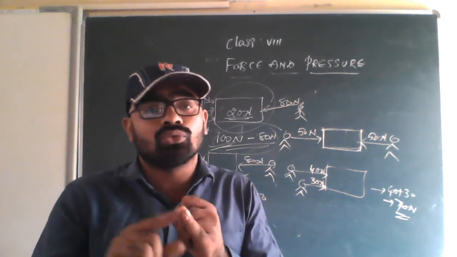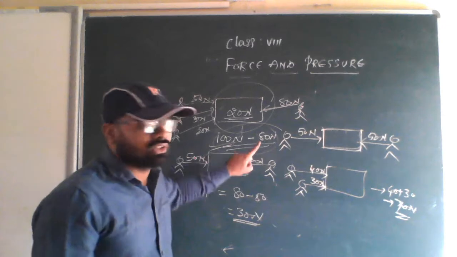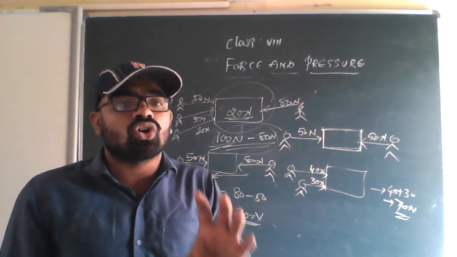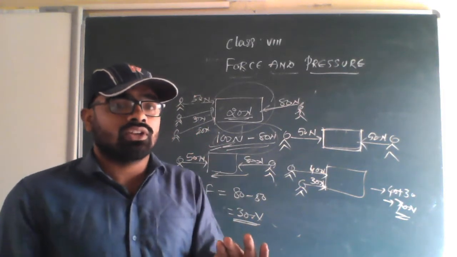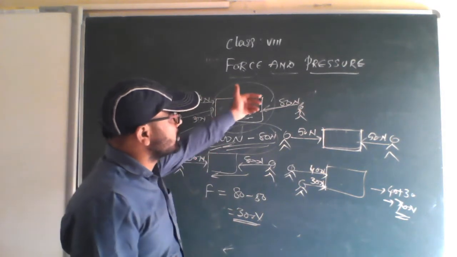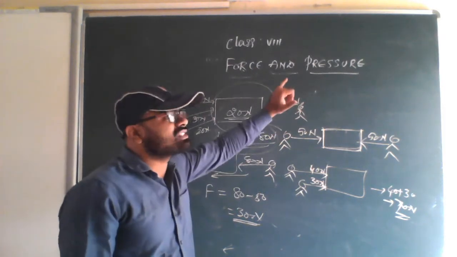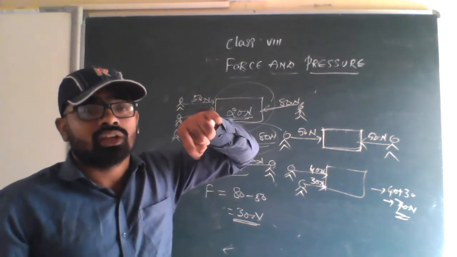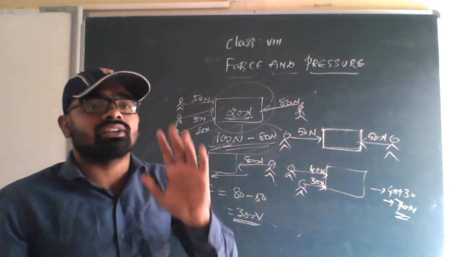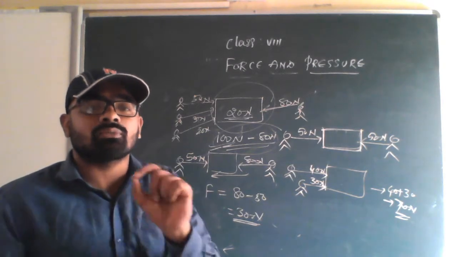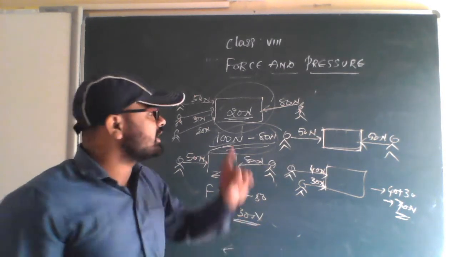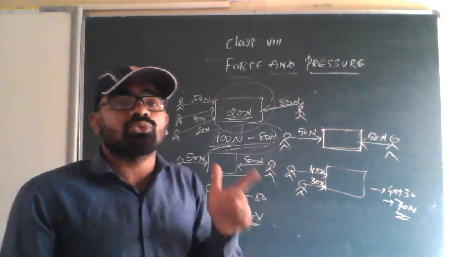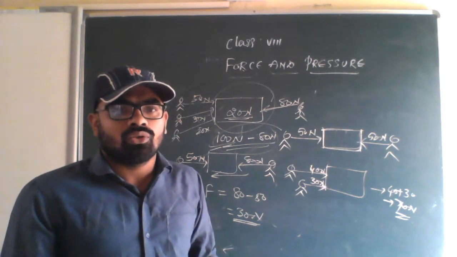First I will tell you, this one you should remember: Newton. Most of you forget this. Force applied is measured in newtons. Most of the time you forget to write N. N is for Newton. Since it is the name of a scientist, you have to write N in capitals. If it is not the name of a scientist, then the SI units are written in small letters. But Newton is the name of the scientist. That is why N should be written in capitals. So that is the SI unit of force. Okay, this much is clear.